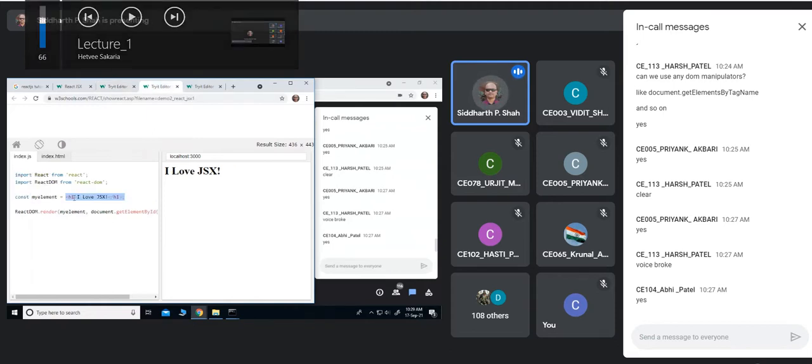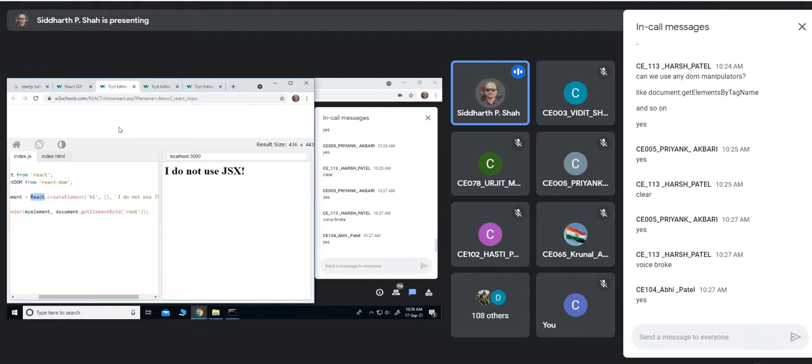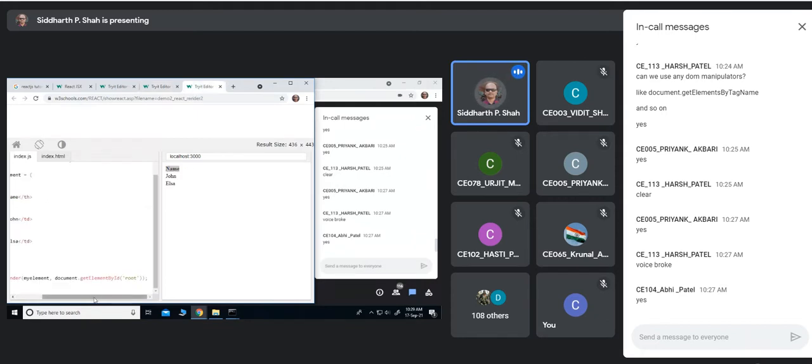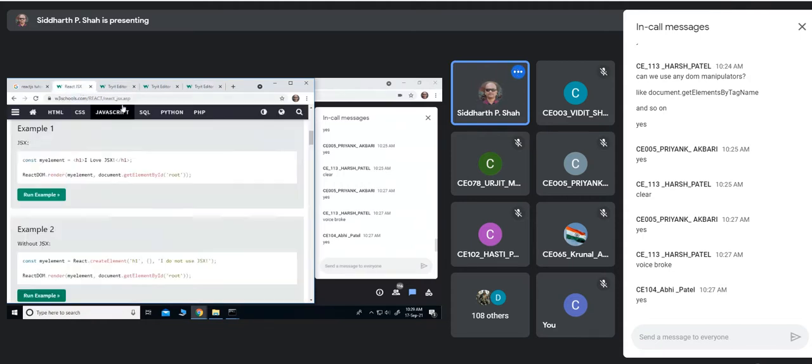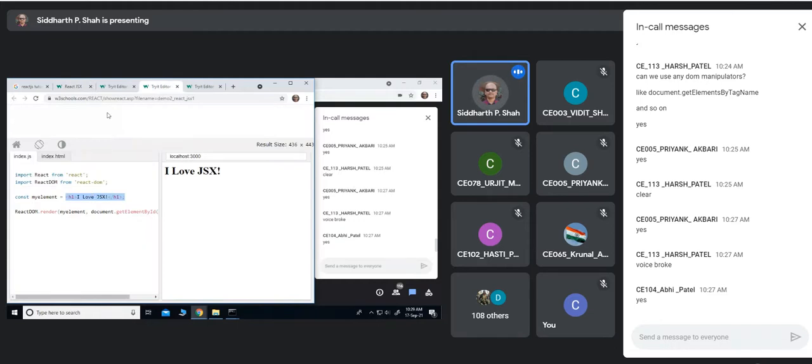So definitely this is simpler. Why would I go for this version, right? And this is just one thing that you need to do. Just think, if you have multiple lines like that table, I guess we have that table here, right? If you want to convert this part, it will become a little clumsy if you use React.createElement. So definitely using JSX makes our job easier than using React.createElement and all those.